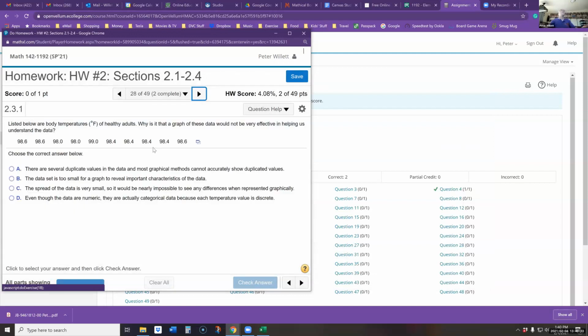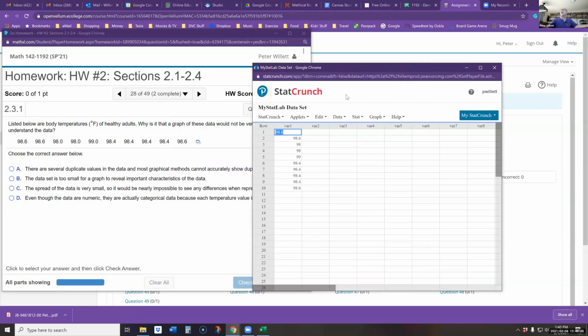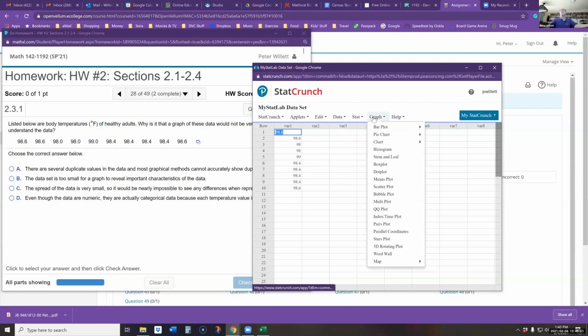Okay, so I'm just going to use this. So I have a data set and I'm going to click and open in StatCrunch. So if you are supposed to look at a normal quantile plot or examine one to determine the normality of the data, then that is also a graph. And what StatCrunch calls a normal quantile plot is a QQ plot. So if I go down to QQ plot,